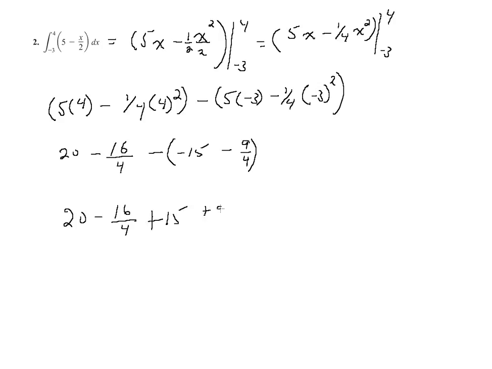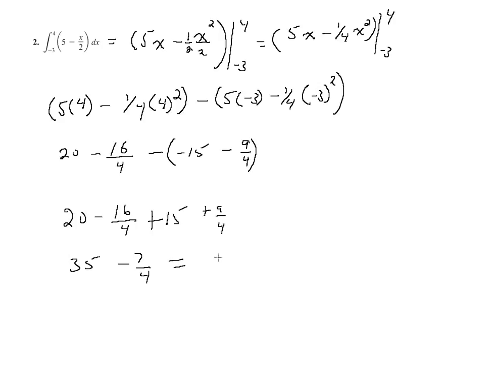So I end up getting 20 plus 15 is 35. -16/4 plus 9/4 is -7/4. I still need a common denominator, but at least I didn't have to do it for that part. I guess that's debatable, but sometimes it helps to actually leave the denominator there. In this one, it probably really doesn't matter. Either way,